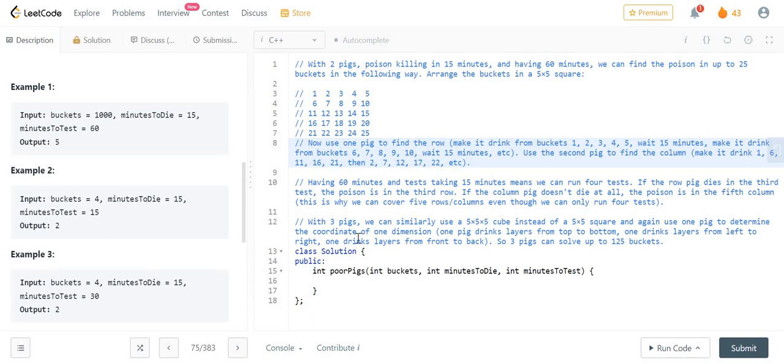With 3 pigs, we can similarly use a 5 cross 5 cube instead of a 5 cross 5 square. Again, one pig will determine each coordinate of one dimension. One pig drinks layers from top to bottom, one pig layers from left to right, and one drinks from front to back. So 3 pigs can solve the problem for up to 125 buckets. So basically,